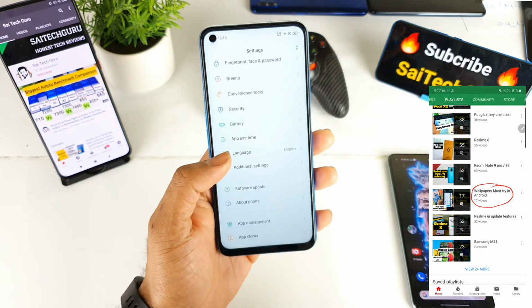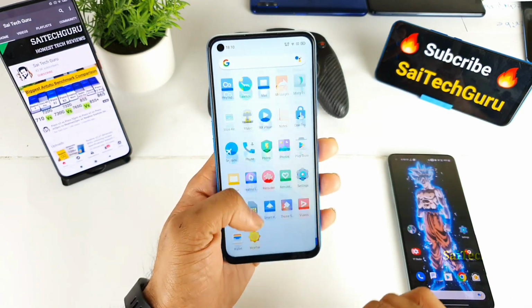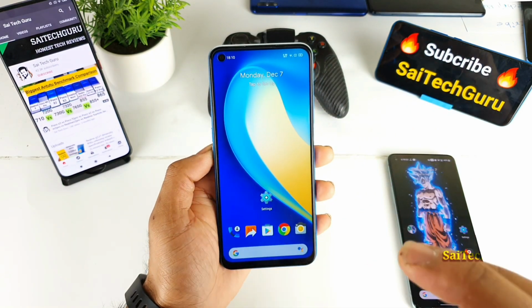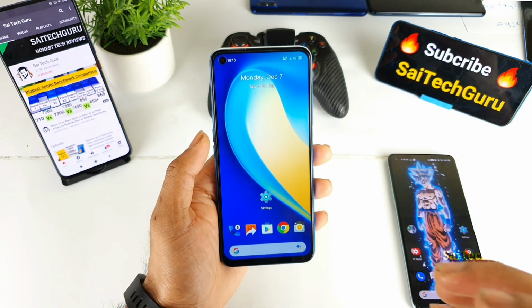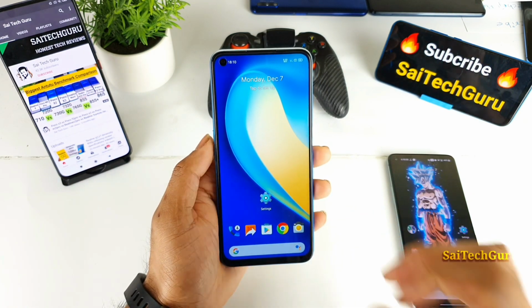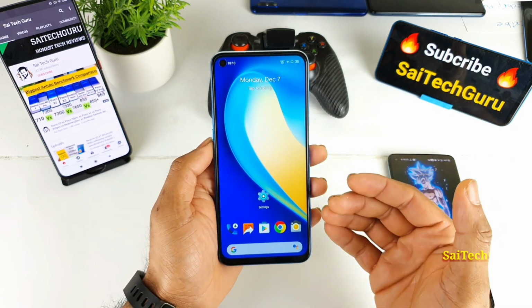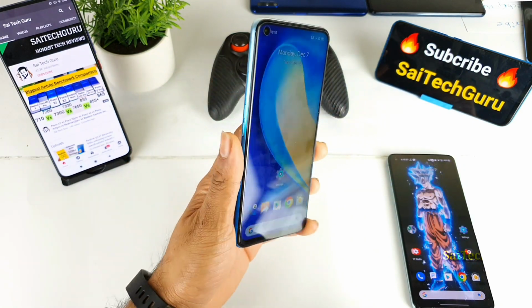So let's see, friends, this is a brand new phone, and right now I have not installed so many applications, only minimal applications. So I just want to do this Antutu benchmark test in the initial days to see how much the score can be. As I said, this is a test I am doing for the first time on this phone. I am very curious to test how much Antutu score I can achieve on this Realme phone which has the Dimensity 800U processor.